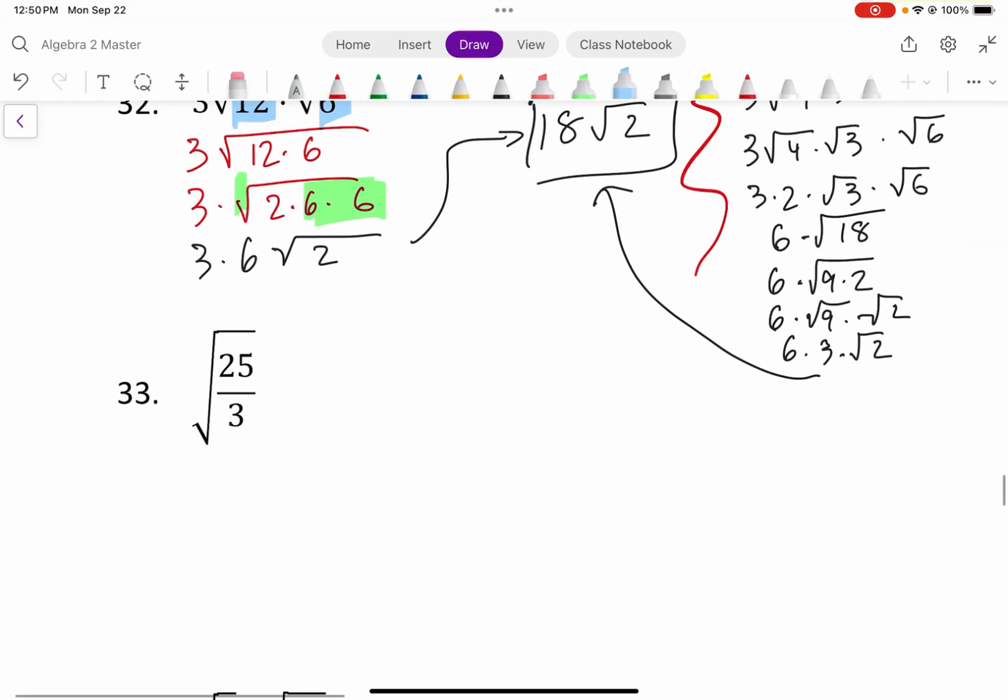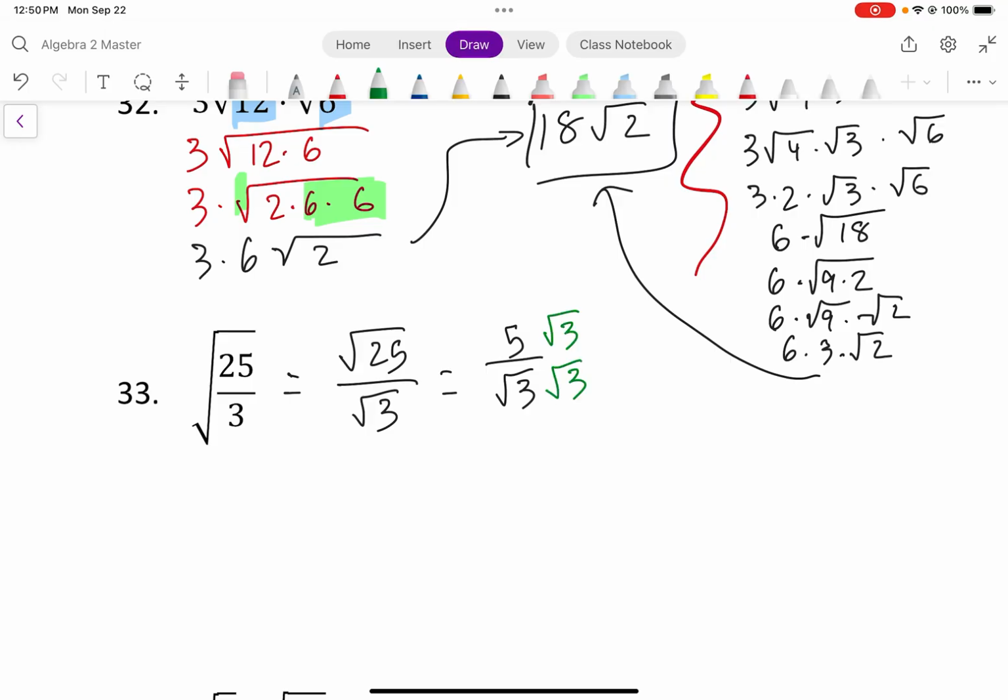For number 33, if it's written as a fraction, you can rewrite it as a fraction of 2 different radicals. This becomes 5 over the square root of 3 very quickly because the square root of 25 is 5. Again, we're given the positive radical, so I don't need any plus or minus. But now, I can't have a radical on the bottom,